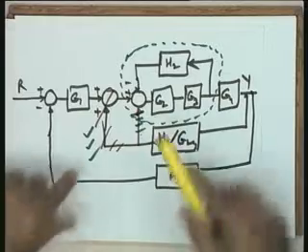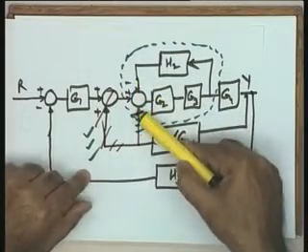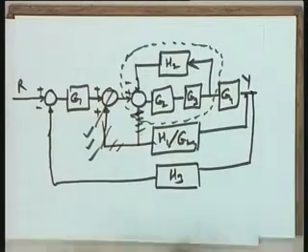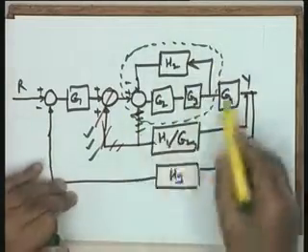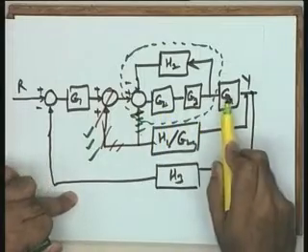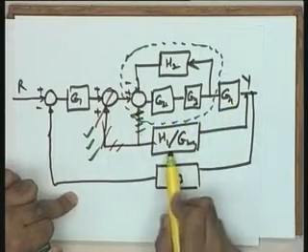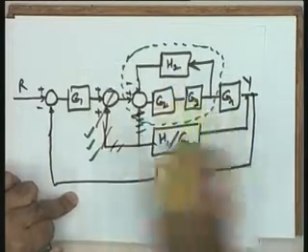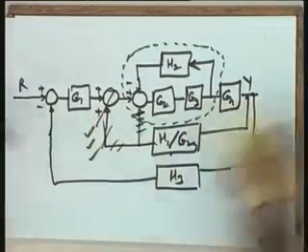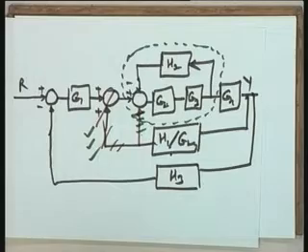Rather, many a times if a summing junction with 3 inputs is given, you will like to split it into 2 summing junctions so that you can identify the basic feedback loop, and you can apply the basic feedback loop formula. Now you find that you get these two in cascade, H2, you get this block and this block in cascade, this is in feedback, another feedback loop. Then the resulting transfer function and G1 in cascade, you come to the primary feedback loop and you get the answer.